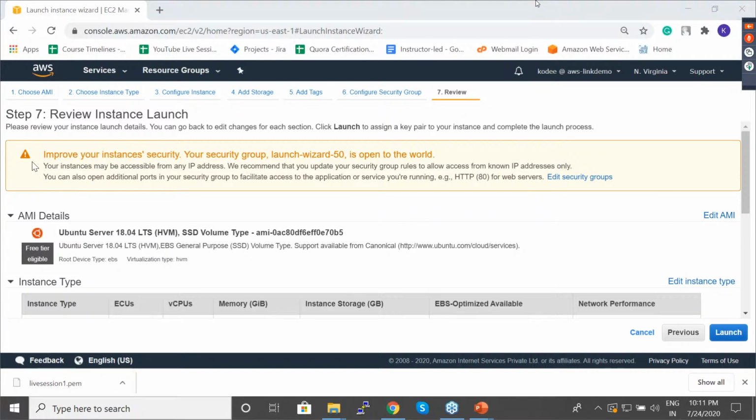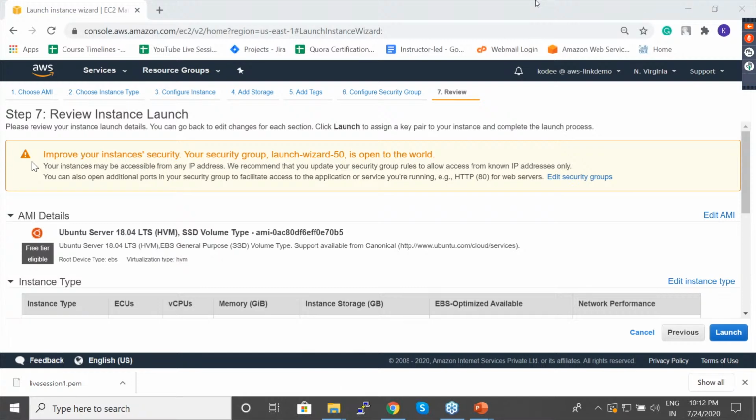Okay, what is a key pair? A key pair is basically one public key and one private key. For example, if you're launching an instance, that instance will have the public key inside of it, and you will be given the private key. So once you're logging into that instance, you will be giving that instance the private key, and if that private key is able to decrypt the public key which is residing in the instance, if it is successful, then you will be given access to use the instance.